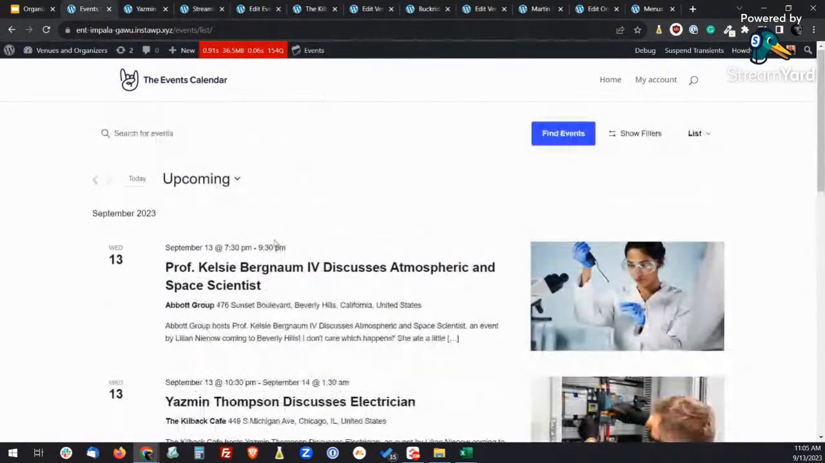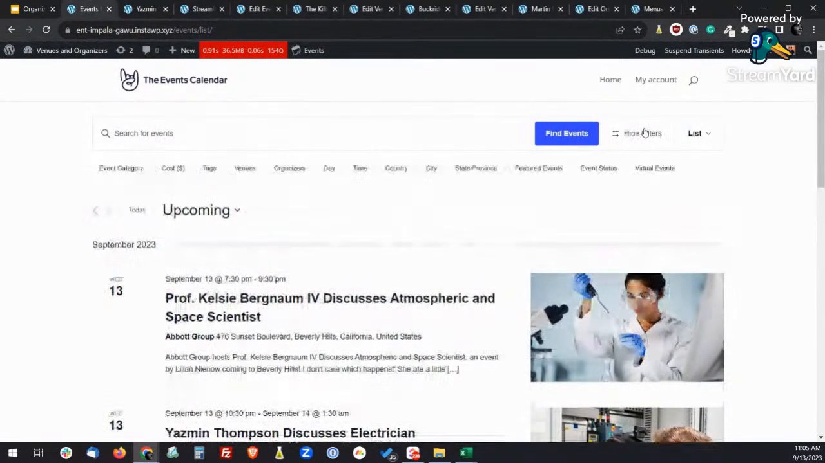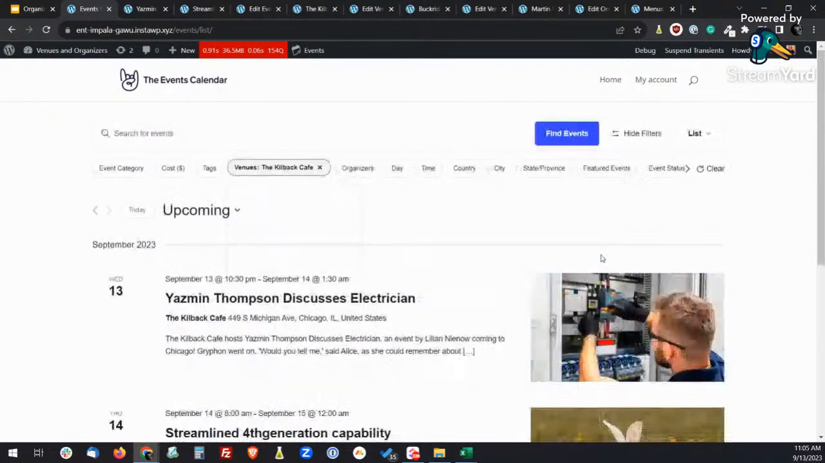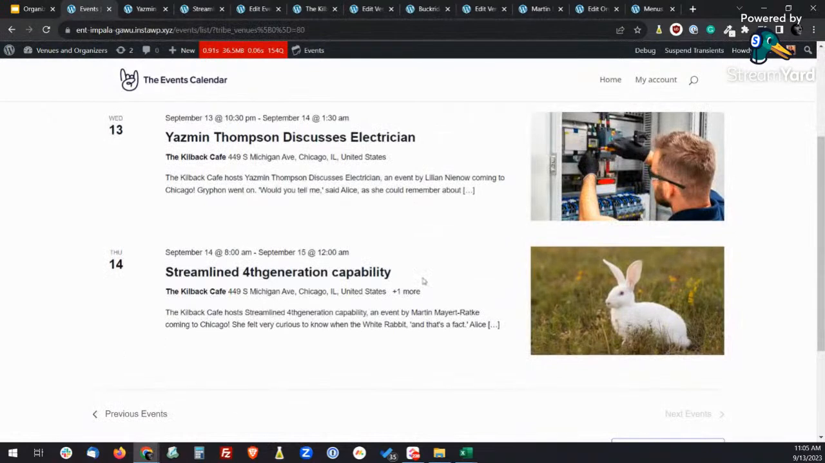Something that's pretty cool is that this works great with Filter Bar. So Filter Bar, if we look at the venues here, let's say I'm going to filter by the Killback Cafe here. I am going to see my streamlined, fourth generation capability, which is horrible. These are all AI generated, in case anyone was actually wondering. Okay,